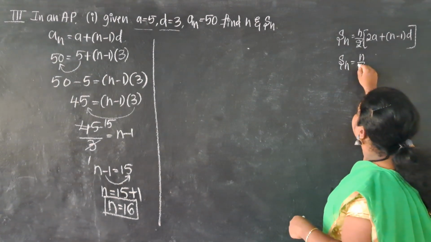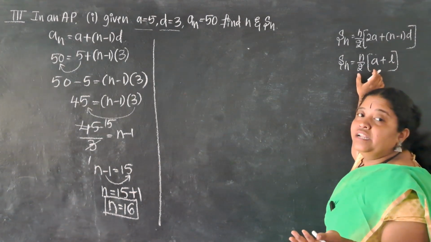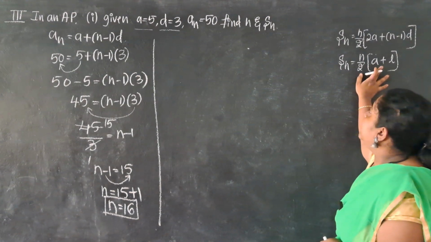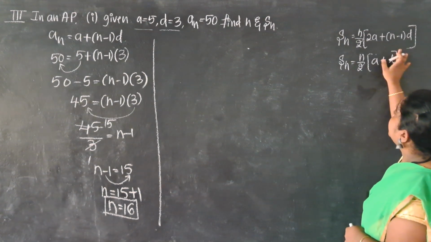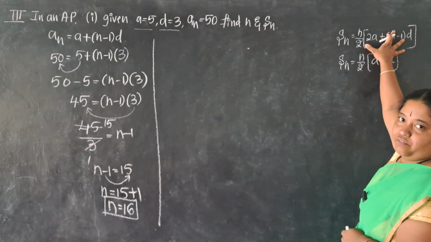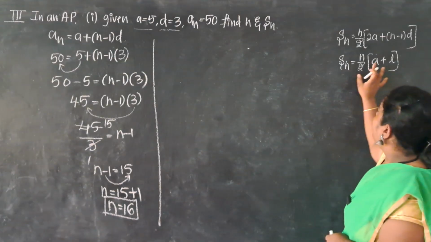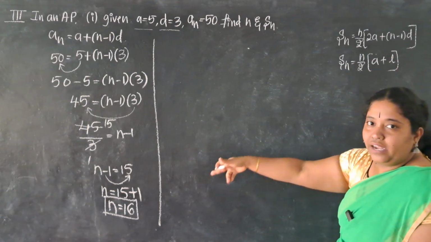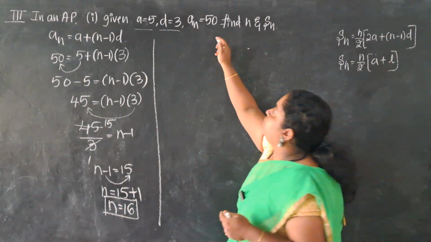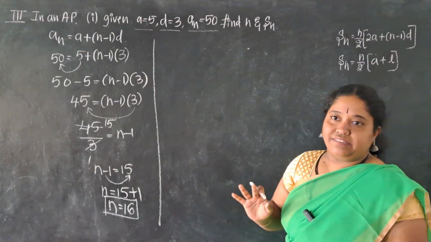Sn is equal to n by 2 into bracket a plus l. This is the formula where the common difference is not provided, when directly the first term and the last term are provided. But now, when I know the last term, it becomes very easy for me to use this formula, dears, because the other will become a very lengthy one. So I'll be using the second formula, because I know the n value, which I have already calculated. I know the first term, which is provided, and I know the last term. an itself is the last term. Don't get confused. The nth term itself is the last term.